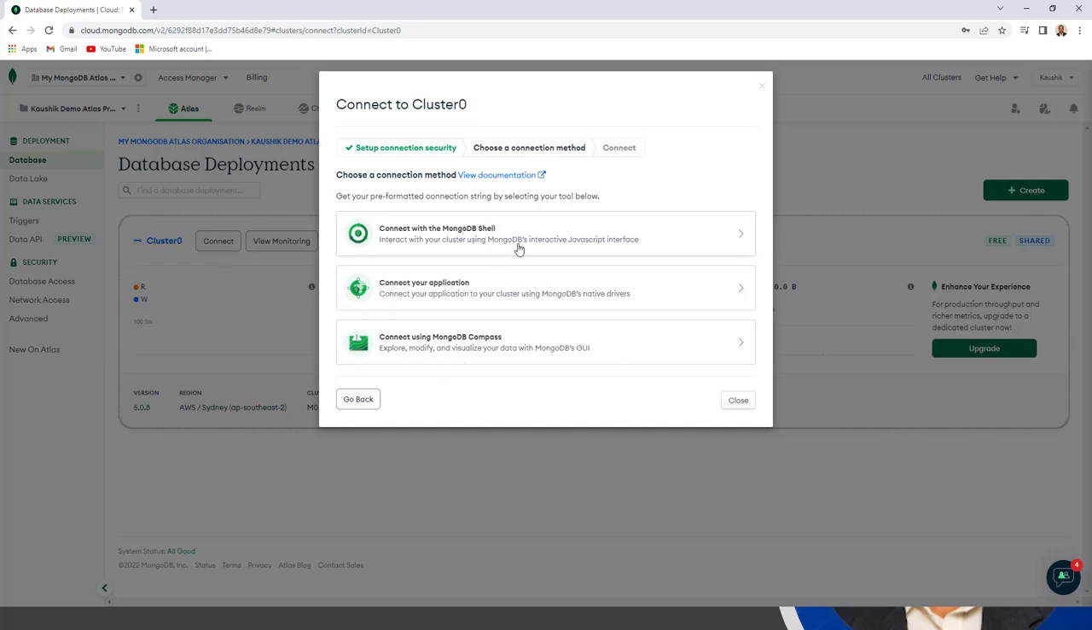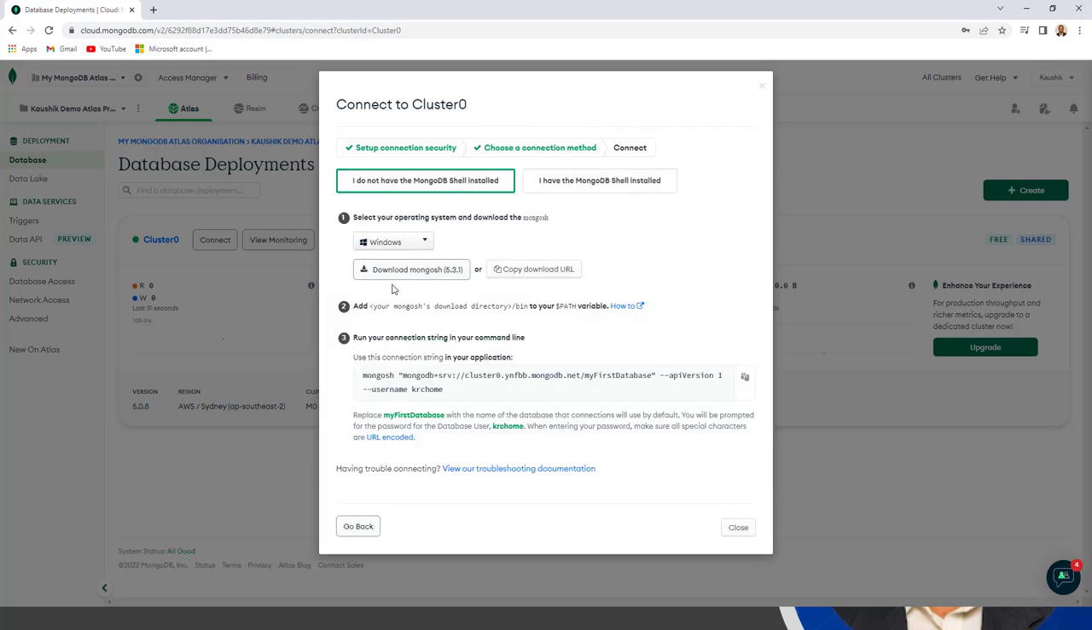So I'll go for MongoDB shell and choose a connection method, set up connection security. Then click on MongoDB shell, and then I can add this as my connection string. This is my connection string, and I have to change